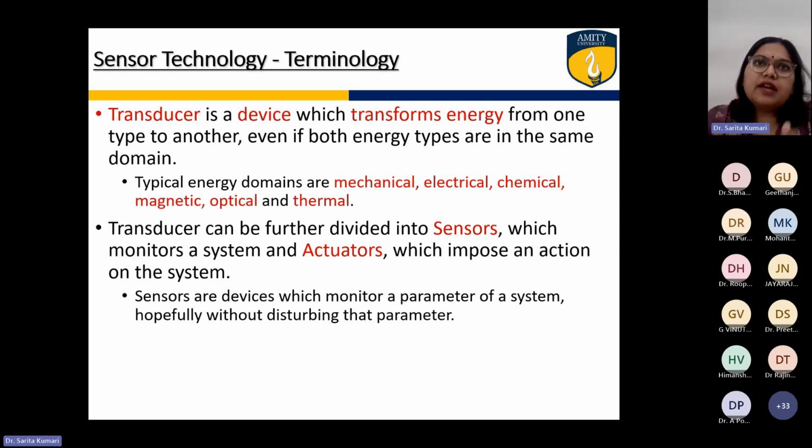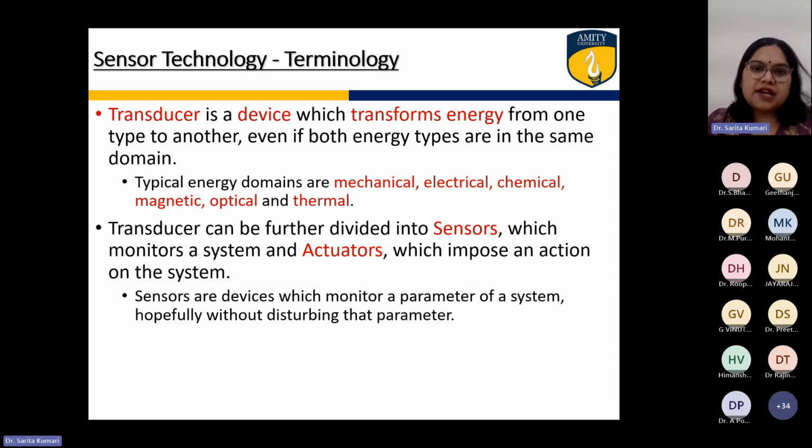If I'm talking about an inductive transducer, we all must have heard about LVDT, the linear variable differential transformer. That uses the inductive principle for the working of the transducer or a sensor. What happens is, if there is a change in distance, then there will be a change in the mutual